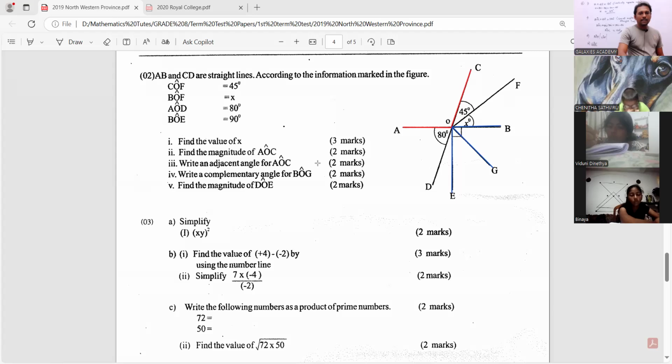Right. The next one given, last part, find the magnitude of DOE. Look at DOE, where DOE means this angle, okay? Are you clear? Then you can apply the theory, sum of angles on a straight line, to this straight